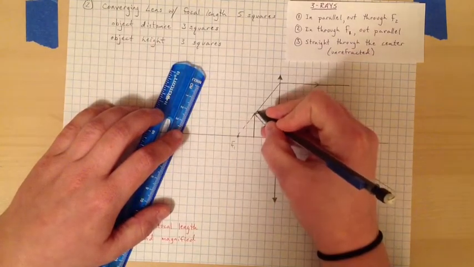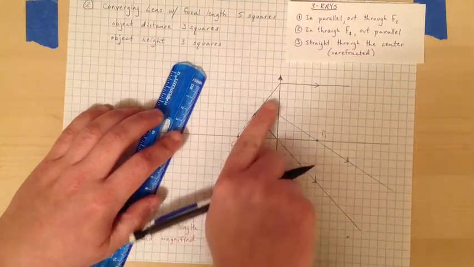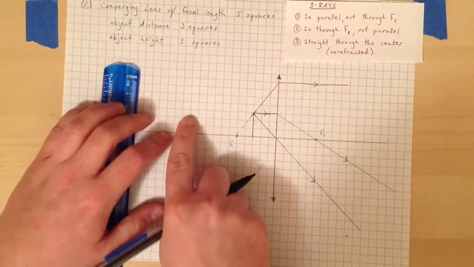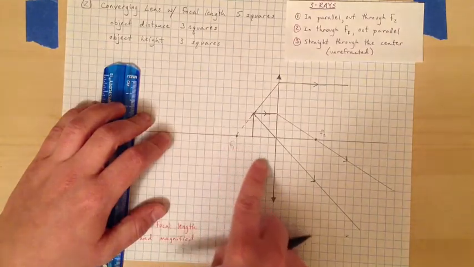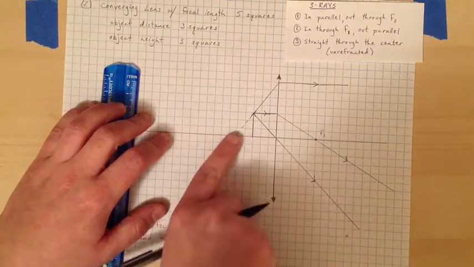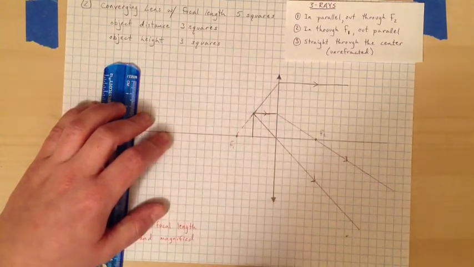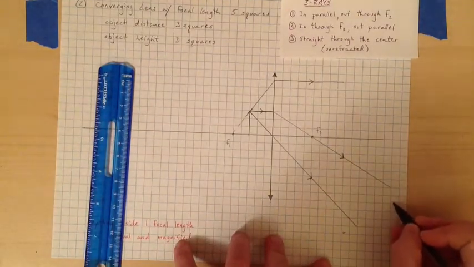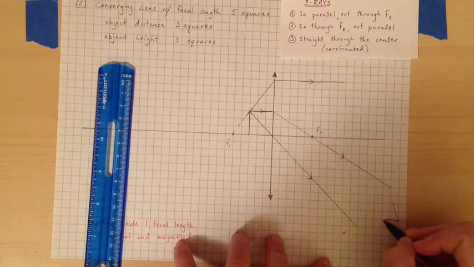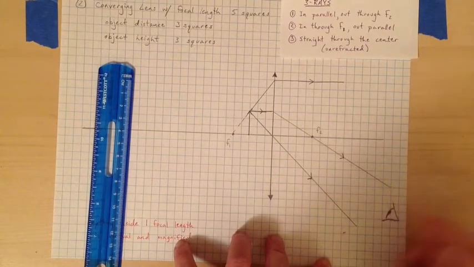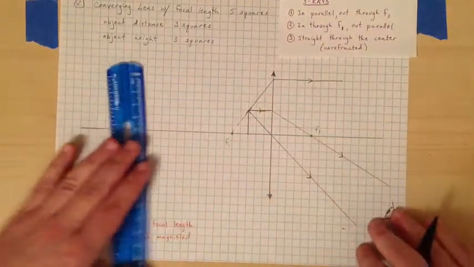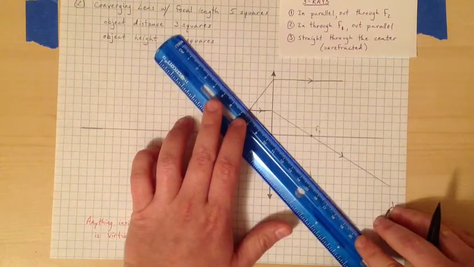So this line actually comes up this way, whereas in the other one, the object was out here and it went down through F1 and out parallel. Here it's coming up from F1 and out parallel. So if I'm here on the other side of the lens, looking through the lens, all of these rays of light appear to be coming from someplace back here. These rays appear to be coming from behind the lens,